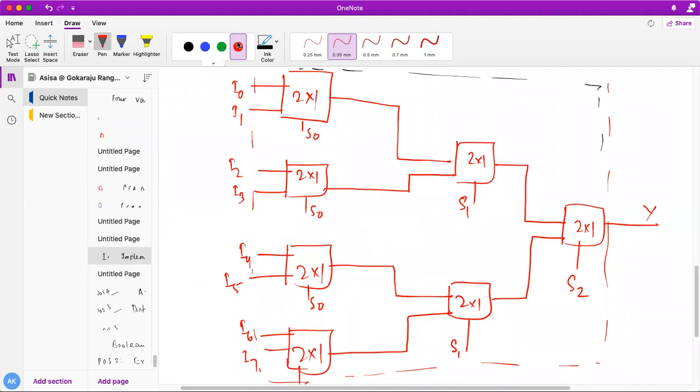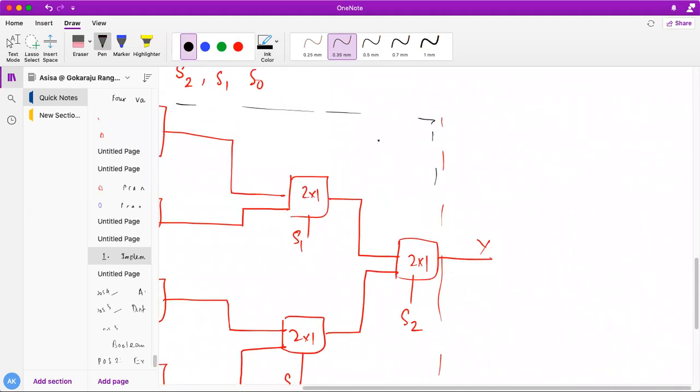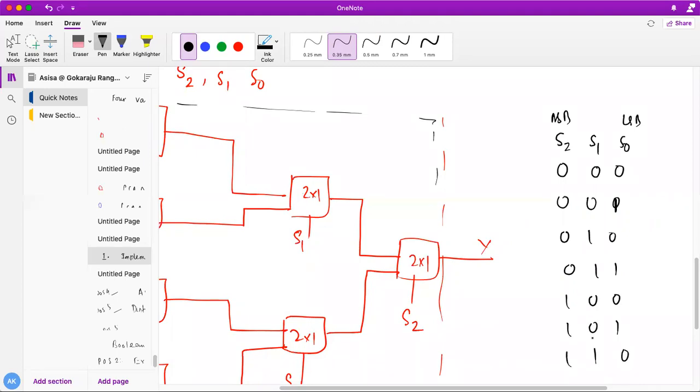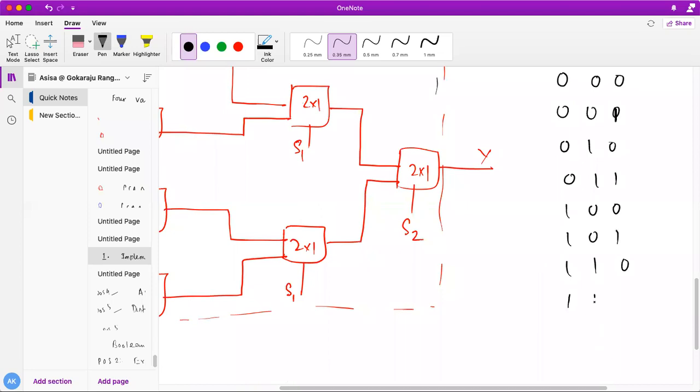So now we are going to implement it. As we know, the select lines are S2, S1 and S0. Always remember, S2 is my MSB bit and S0 is my LSB bit. So depending upon the selection criteria, these are my 3 inputs. Obviously there are 8 combinations: 000, 001, 010, 011, 100, 101, 110 and finally 111.